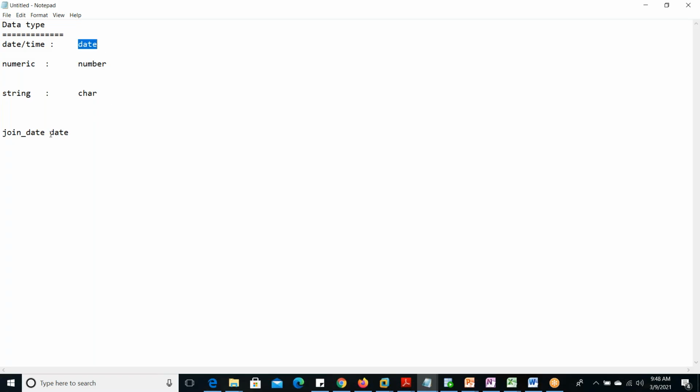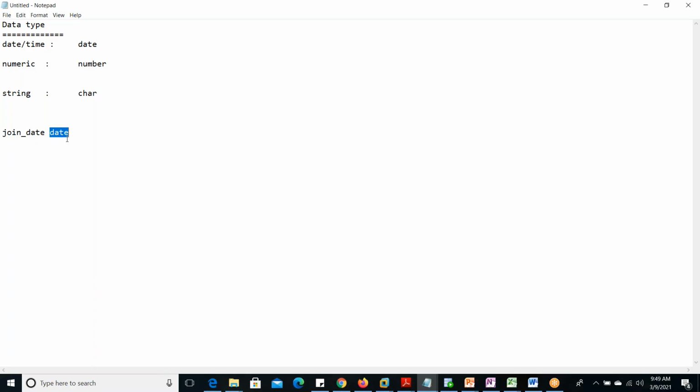Nothing is there. But this date contains so many types of format. DD, MM, YY, YY, DD, MM, MM, DD, YY, DD, MM, YY, YY. Lot of formats are available. In the middle also hyphen can be present. Then another is forward slash, backslash, colon, space, anything. So if you combine them together, maybe 100 types of formats are there. All those are date formats only.